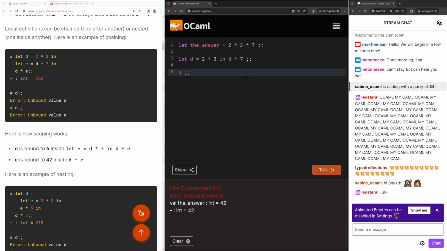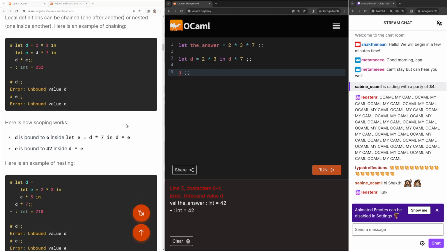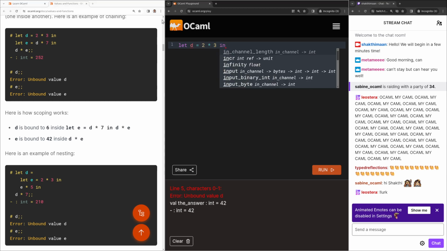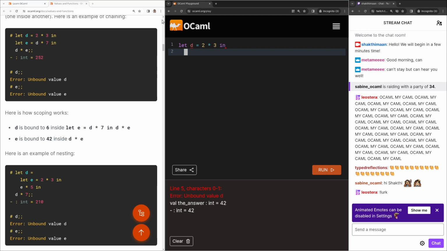A more chained example here, continuing on the same thought. Let's try this example: let d = 2 * 3 in let e = d * 7 in